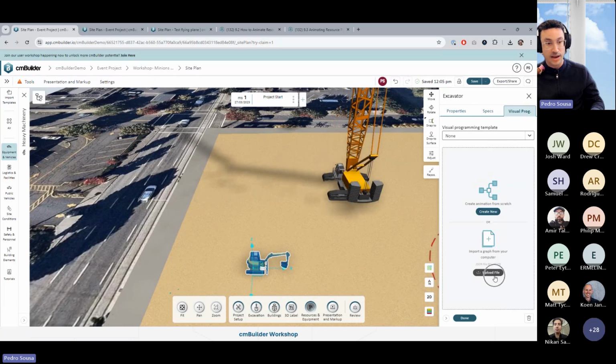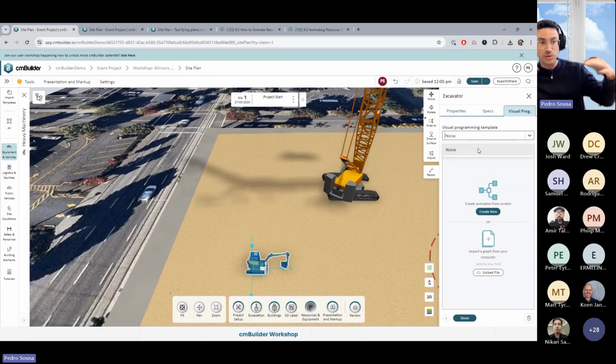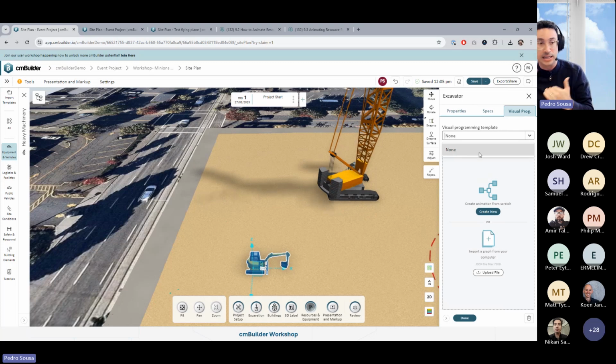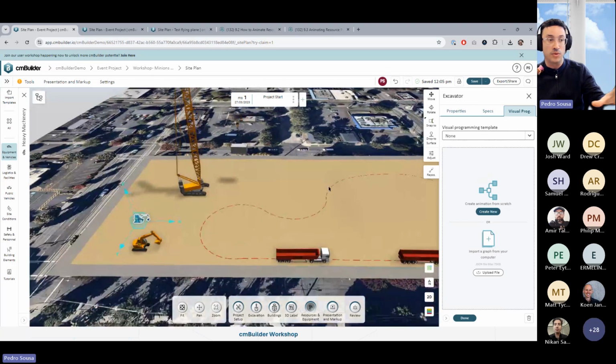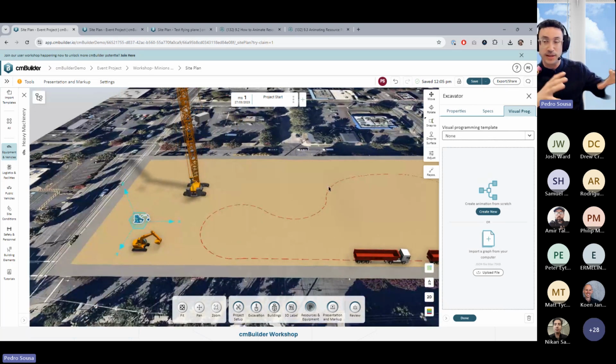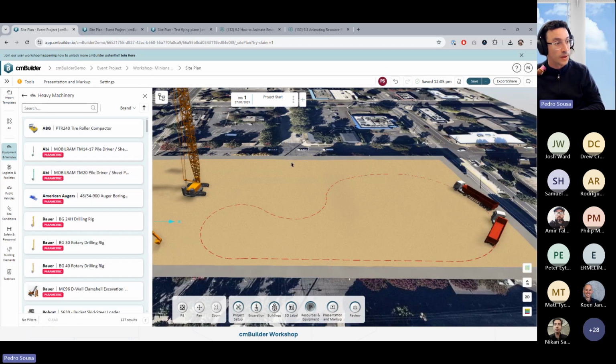I can upload a file over here as well. And if this resource already has a template embedded into it from our library, you will see the list of the embedded templates over here, right? This is something that we also plan to work on in our database, to have templates added to almost all resources, but this is something that we're going to do later in the future. And